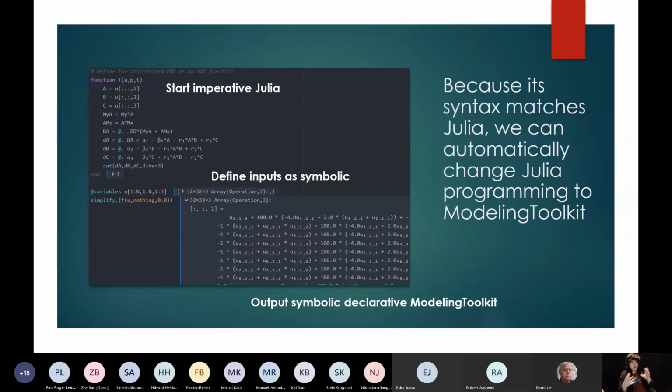But here's where it starts to go beyond what you might have seen before, right? What we can do is take fully numerical code, and since this symbolic language is the same language as Julia itself, we can build symbolic variables and put them into the numerical code and automatically translate it into symbolic code. And once we have the symbolic code, now it's in a declarative form, and we can do whatever we want with it. So we can automatically translate numerical codes into symbolic codes.